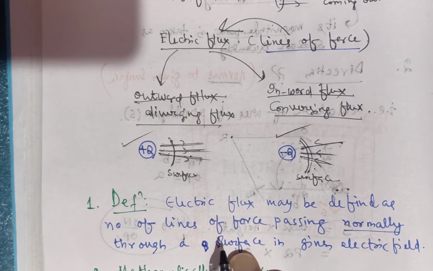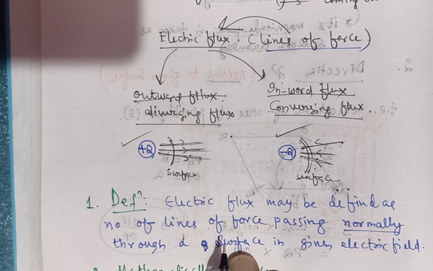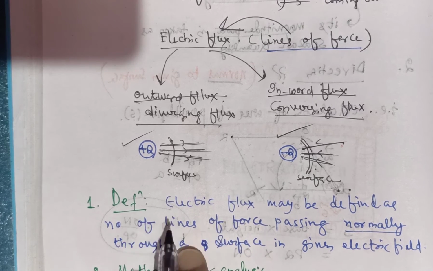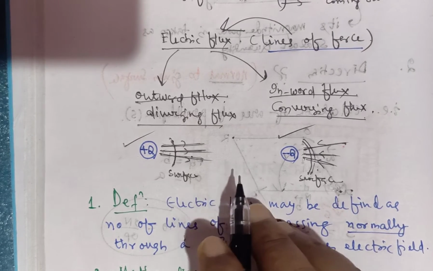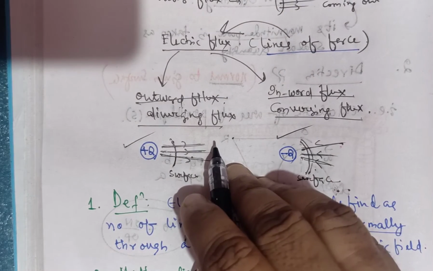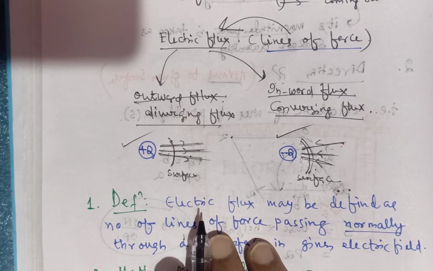By two methods we will represent it. First we have to give its qualitative definition, then we will go for its quantitative definition. Then what is electric flux? First thing, keep in your mind: electric flux is the other name of lines of force. But there is some scientific language. What will you say electric flux is?